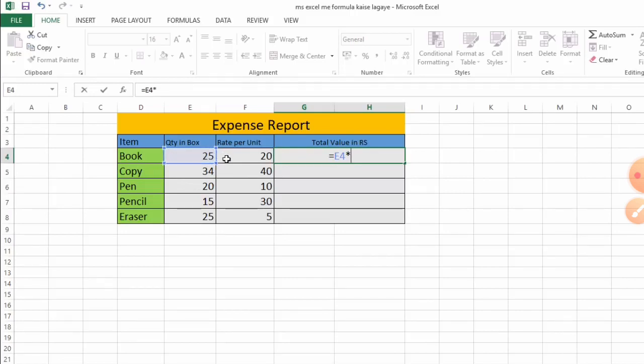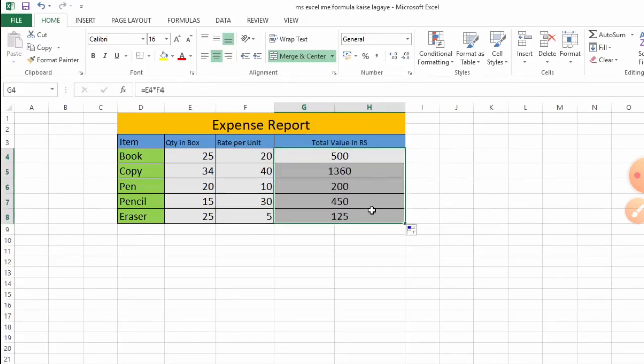Next is the rate per unit, 20, so we select F4 and press enter. Now we get 500 rupees for the boxes. Drag down and we get all the item prices, 3420 and so on, the amounts we have to pay.